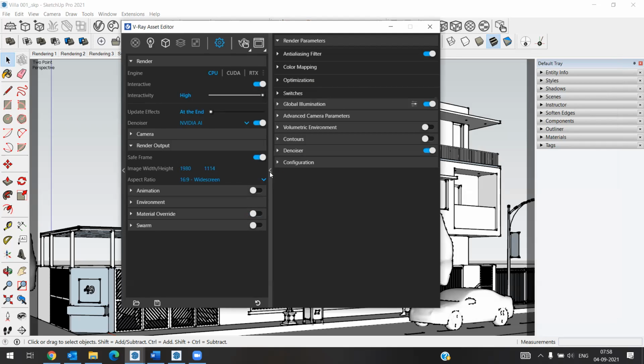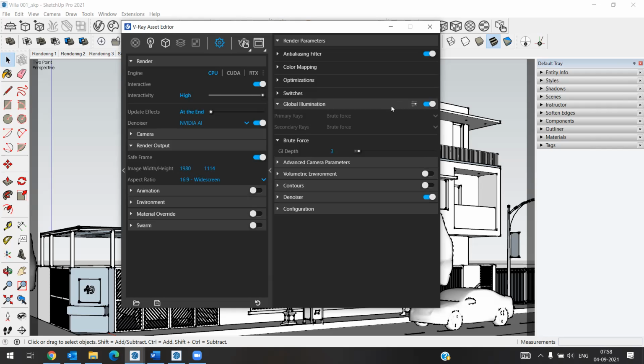Next, denoiser must be on, and global illumination must be on. Okay, so we'll do it with V-Ray. First, I'm doing interactive rendering. When you click on this,